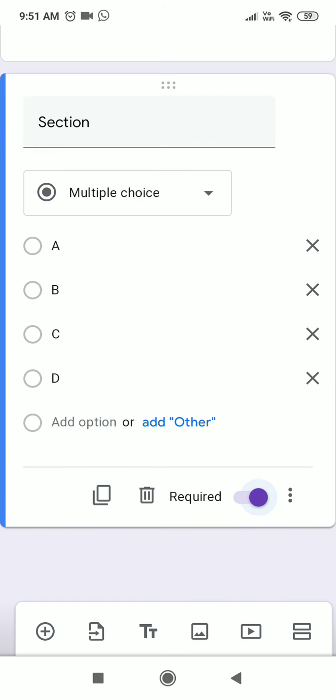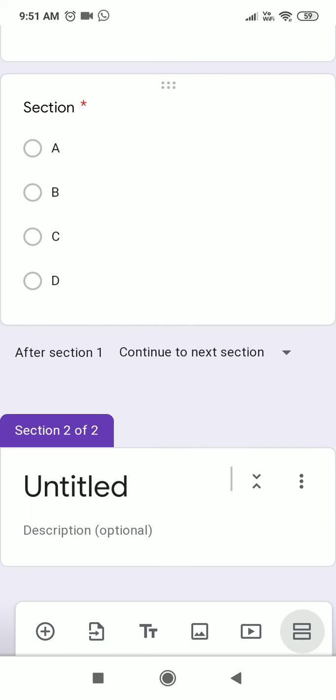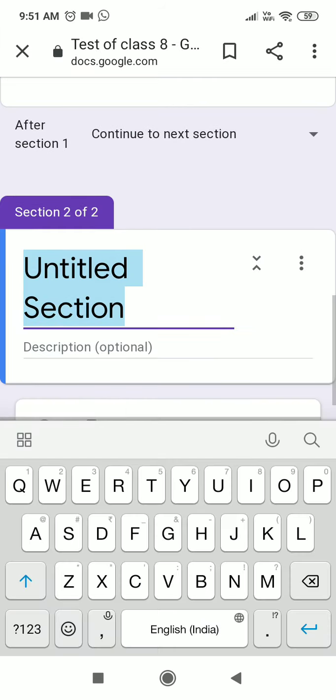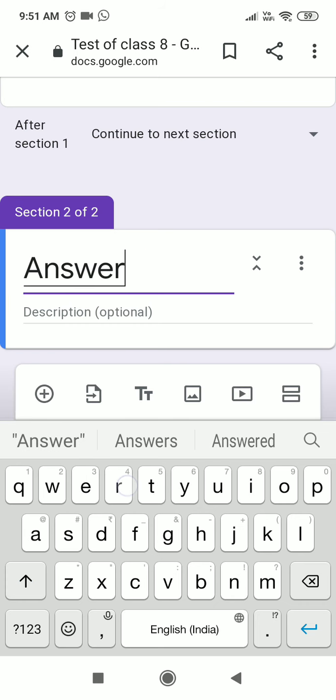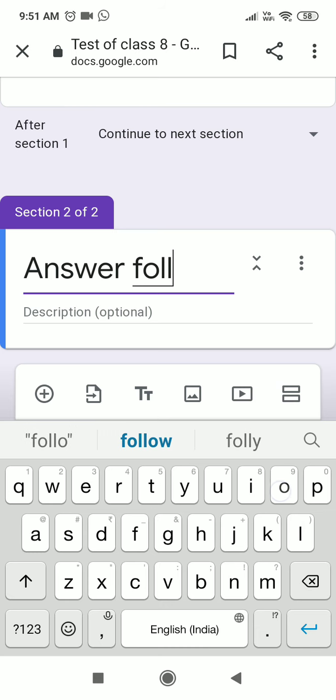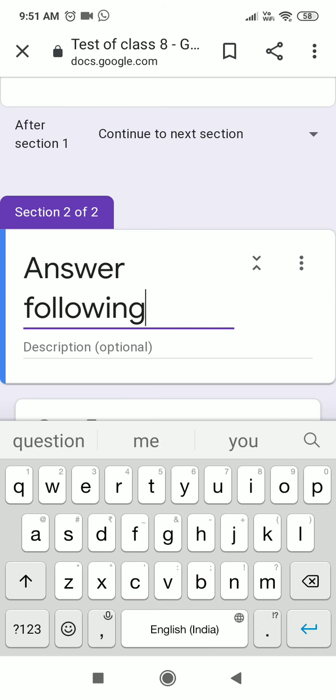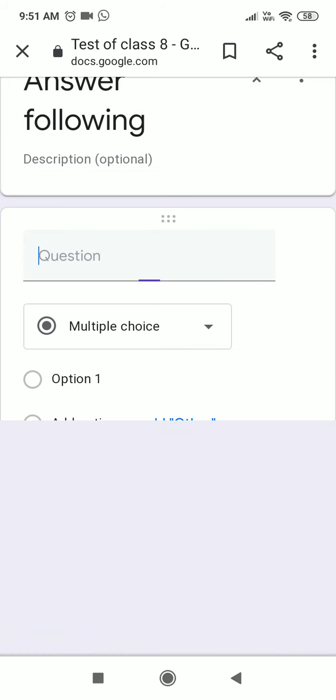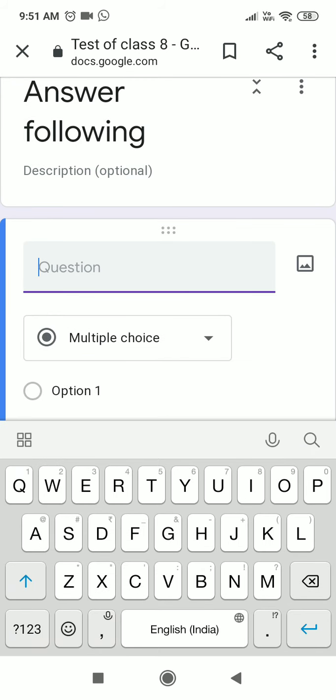Okay, in a question paper we usually have different types of questions. For that, we have here the double equal to sign, that is Section. So I give Answer the following. This is the question I have given. Quickly I will show you because I have to give them a test. Suppose I write some here.